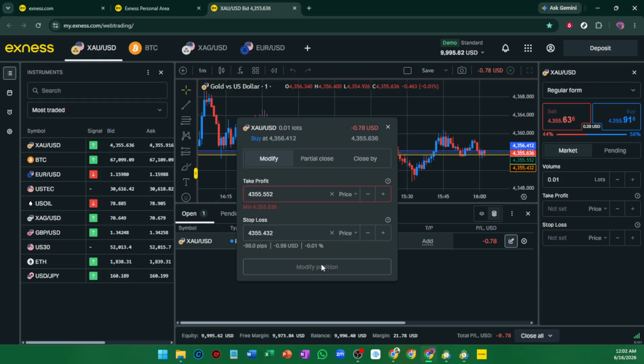Once saved, your stop loss and take profit will be attached to that position, allowing the platform to manage those exit levels automatically. And that's it. You've now learned how to set stop loss and take profit on Exness. Using these tools